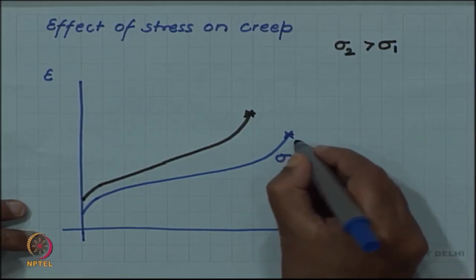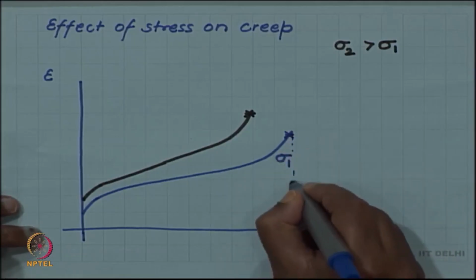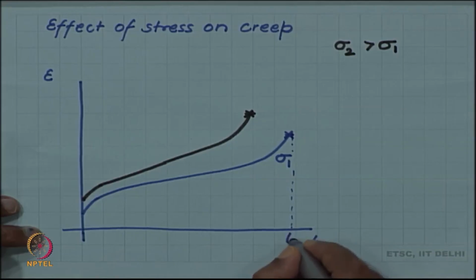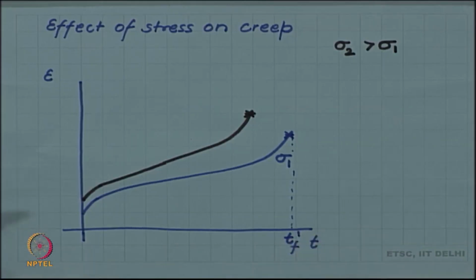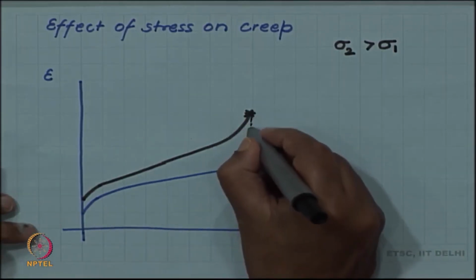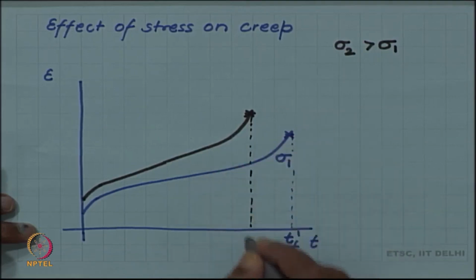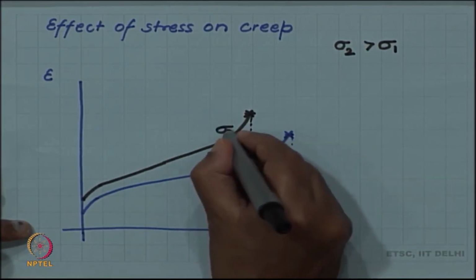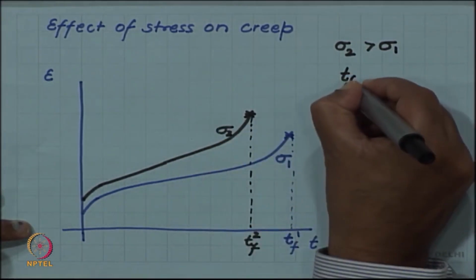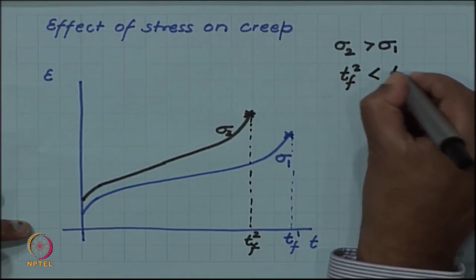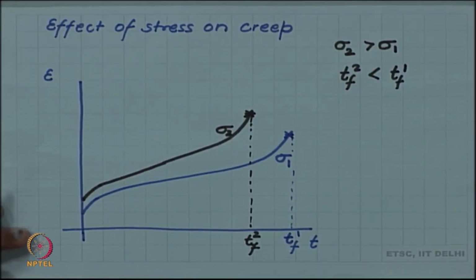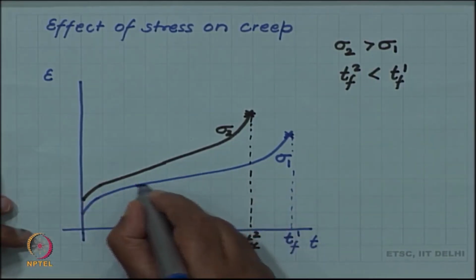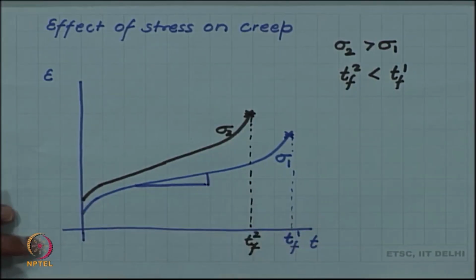So, if we have, let us say, a creep life of Tf1 at sigma 1, then the creep life Tf2 at sigma 2 is shorter. So, Tf2 is shorter than Tf1, but the steady state strain rate, which is the slope in the steady state regime,